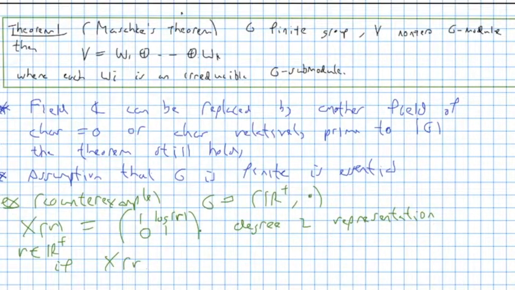Since this is degree 2, those blocks are irreducible, so those blocks have to be 1 by 1. So it means that basically I can diagonalize the matrix. So if X_r can be written as the direct sum of 2 irreducible representations,